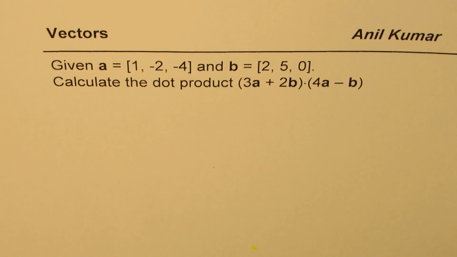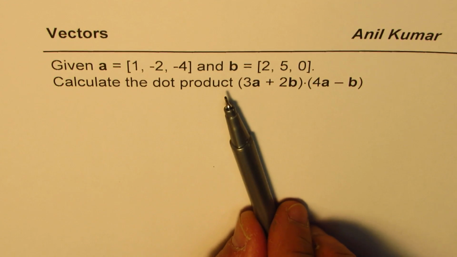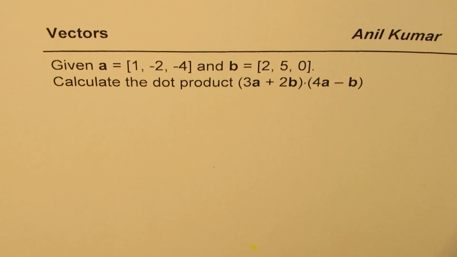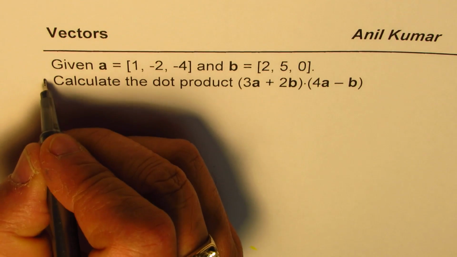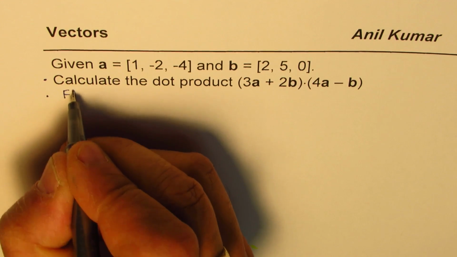Now, there are a couple of ways. In fact, I should say there are two ways to solve this particular question. If the question is as such, it may be simpler to find these combinations and then do the question. But if I add a part to this question, which is find